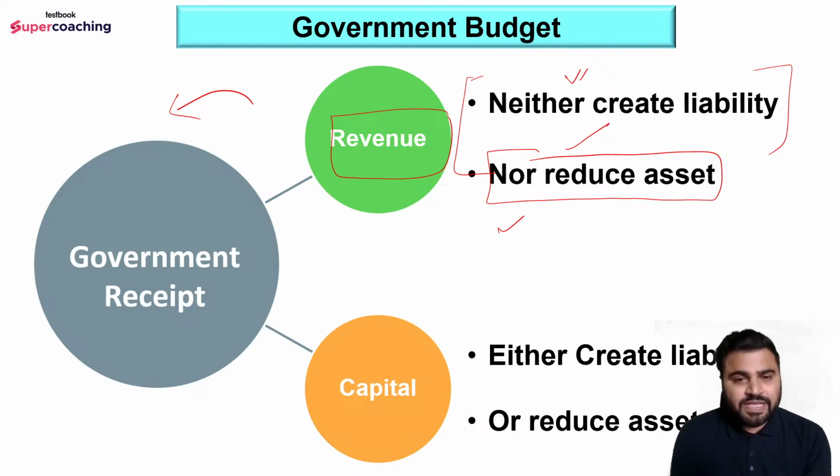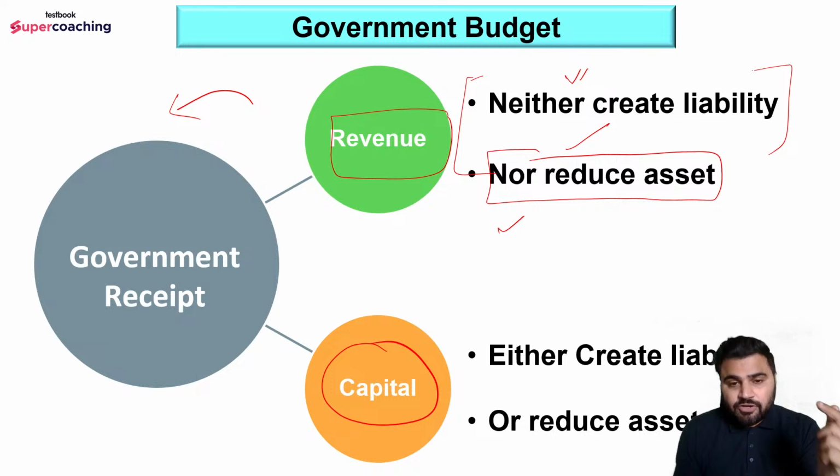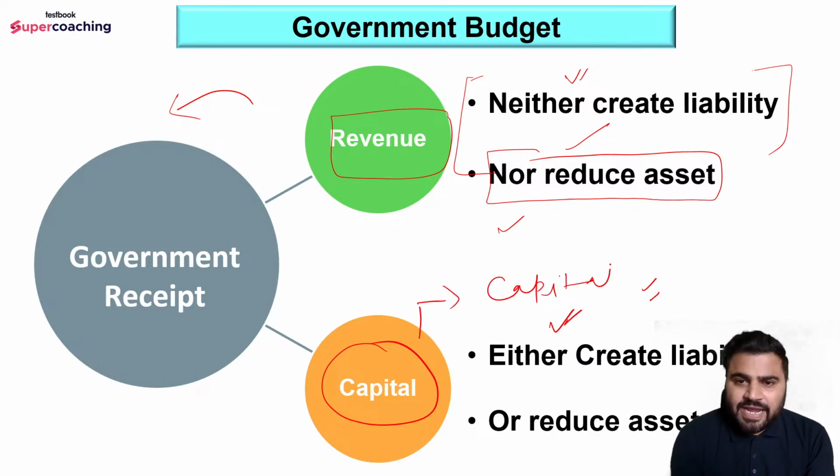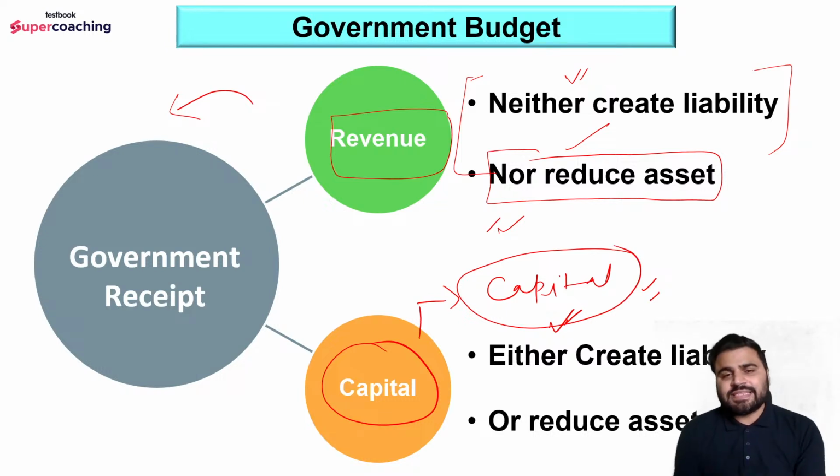इसको भी और detail में हम समझेंगे। Similarly, when we talk about the capital receipt, so capital receipt में either capital receipt is creating liability, कैसे, जो हमने भी discuss किया था कि government is borrowing, ठीक है। So जो government borrow कर रही है, that is a liability for the government, but since that is the liability, government receipt is bifurcated as capital receipt. So capital receipt is either creating the liability or reducing the asset, तो या तो government ने अपना कोई asset बेचकर वो पैसा लिया है या government ने borrow करके लिया है, ठीक है। So simple principle is, whenever in any form of receipt, if asset or liability is involved, then in that case that will be the capital receipt, ठीक है। And in any form of receipt when asset or liability is not involved, that is a part of revenue receipt, ठीक है।